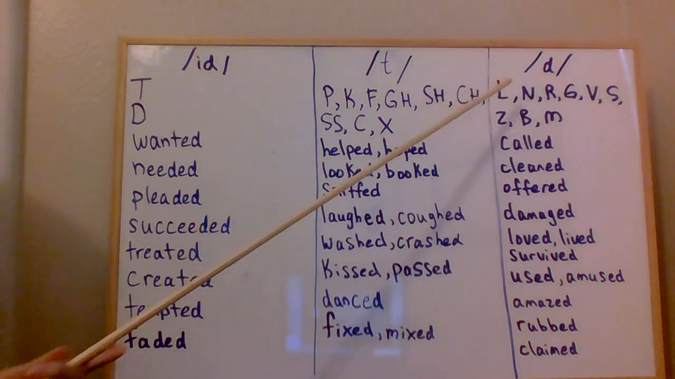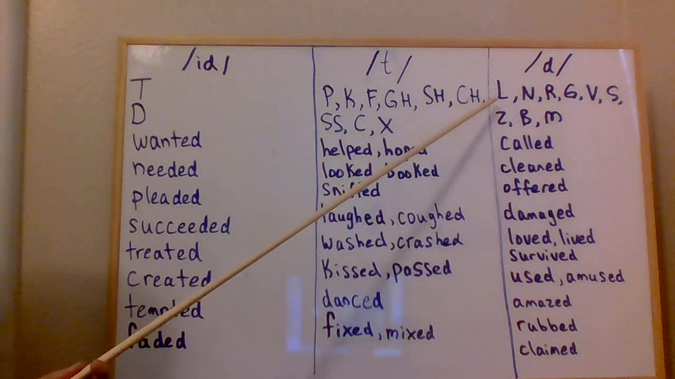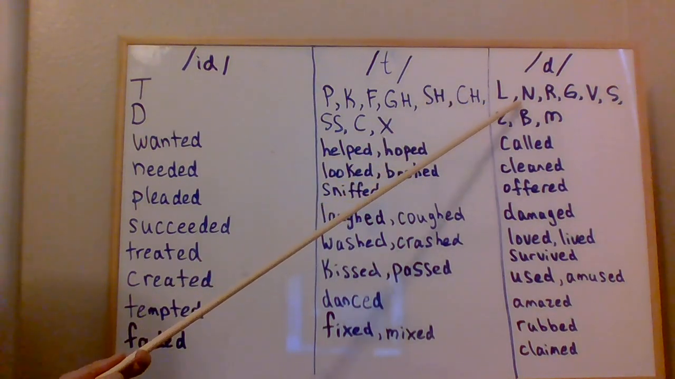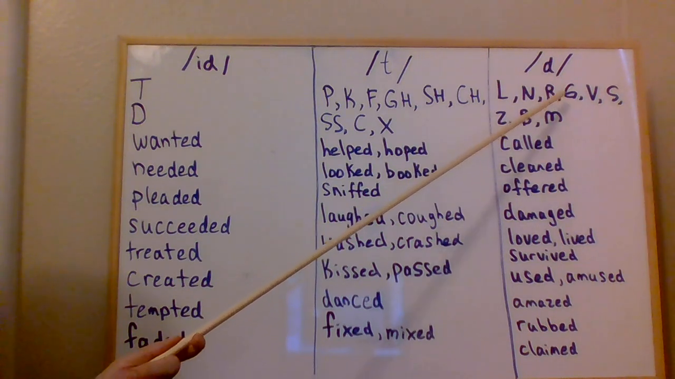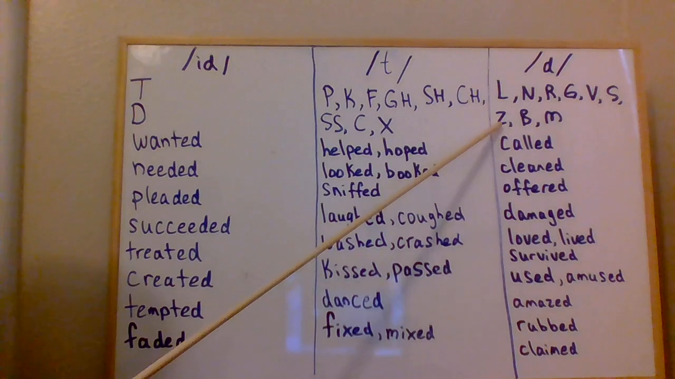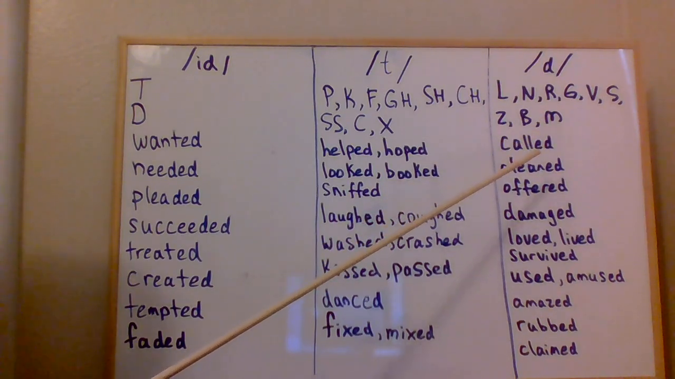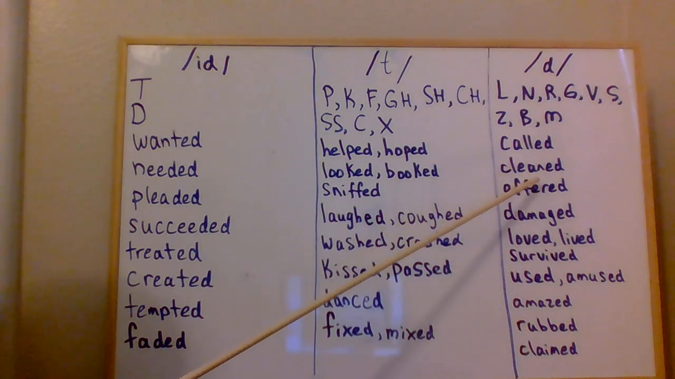Okay, and finally we have the soft D sound as in cleaned. This is just a soft D you say at the end of the verb. We use this sound when the verb ends in L, N, R, G, V, S, Z, B, or M. So repeat after me. Called, cleaned,